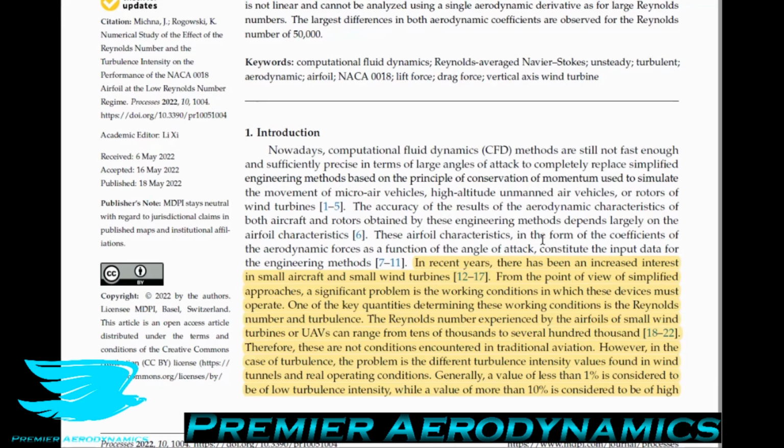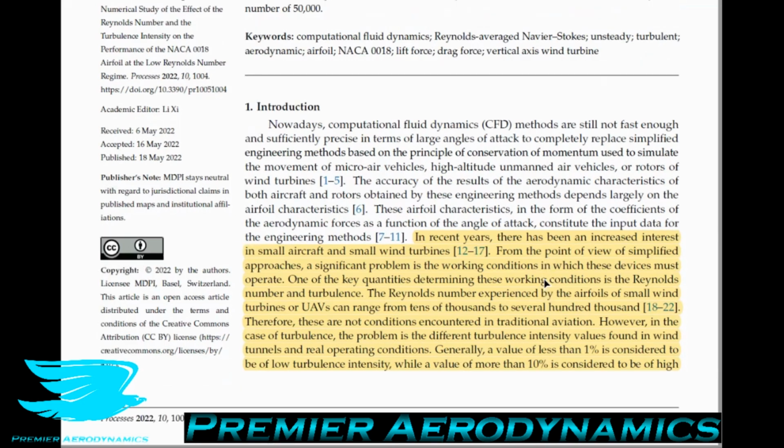So at low Reynolds numbers, the boundary layer is going to be more laminar, and small disturbances will have quite a big effect. Whereas if you go to very high Reynolds numbers, like close to 1 million, small disturbances are not going to be nearly as effective. So these are not conditions encountered in traditional aviation. However, in the case of turbulence, the problem is that different turbulence intensity levels are found in wind tunnels and